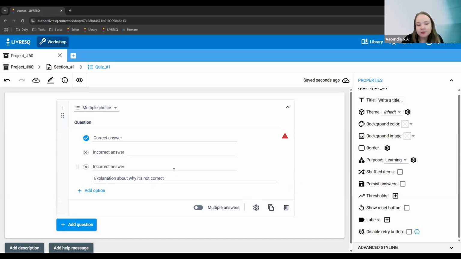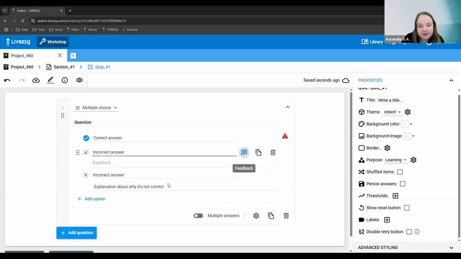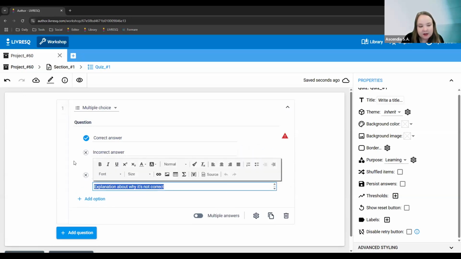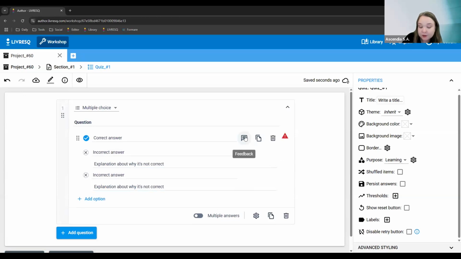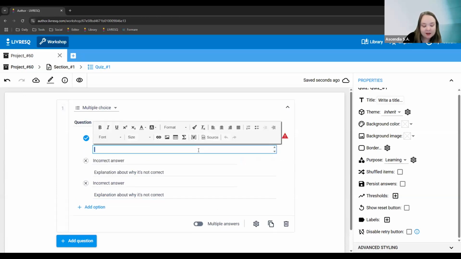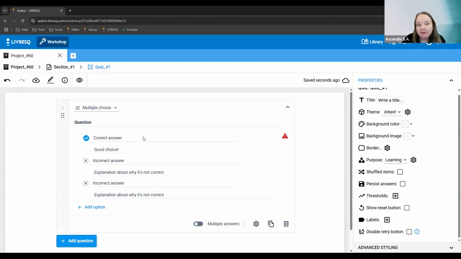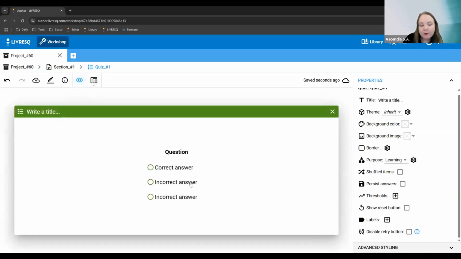And then maybe if I want to be extra, I can add the same thing, and obviously another explanation. I'll just copy paste this for the other incorrect option. But maybe I also want to tell him good choice or good job. And then if I go into view mode, now whenever I select one of my incorrect answers, the platform pops